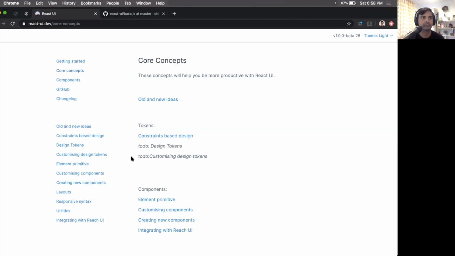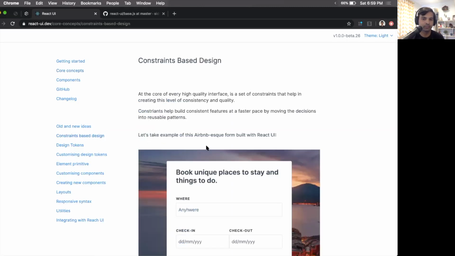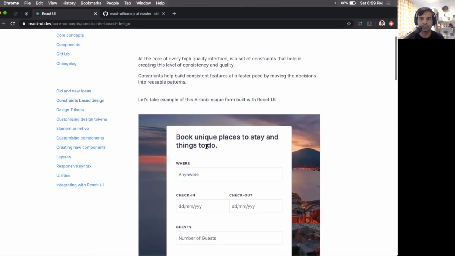So yeah, coming back to this constraint-based design, I saw one of your tweets where you mentioned that the spacing between components and even the sizes, everything should be, there is a science to it, that it should ideally be multiples of a given number, like multiples of 4 or 5 or any particular number that we choose. What's the concept behind that, and how is that useful?